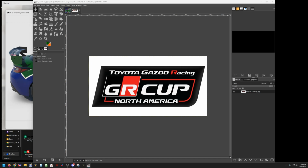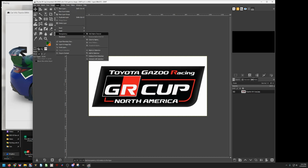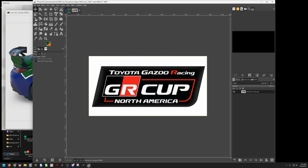First, we need to adjust this layer to allow it to have a transparent background. You got to make sure it does. Sometimes they already do, not always, but you go to Layer, Transparency, Add Alpha Channel. This is going to add your transparent channel to that layer. The layer is the image. Once you open it in GIMP, that image is the layer, because if you can see over here, there's only one. So we're going to add the alpha channel,